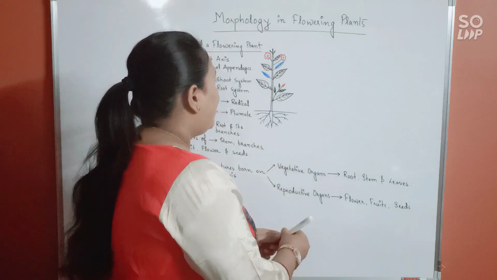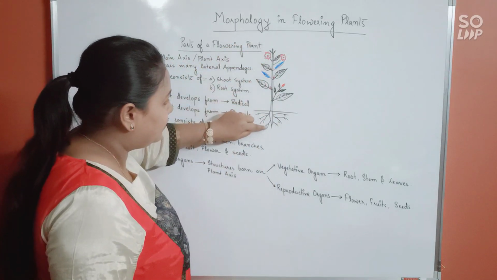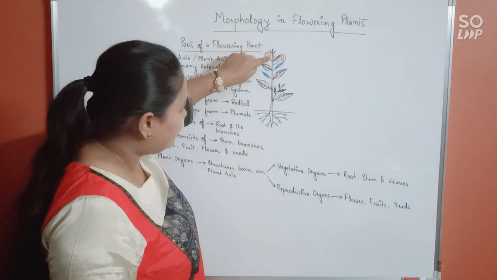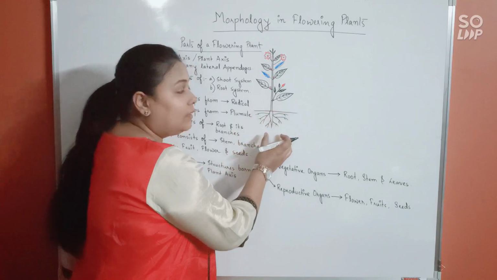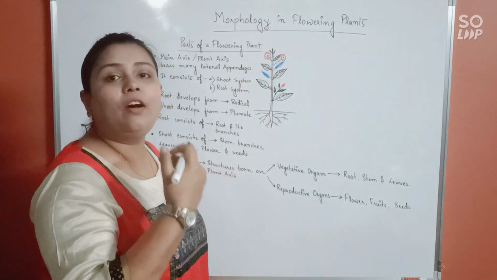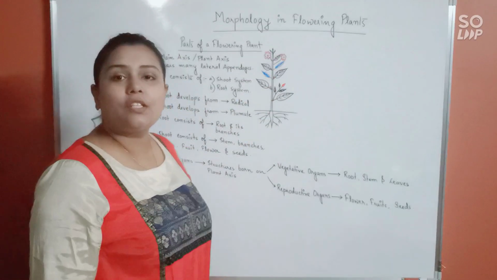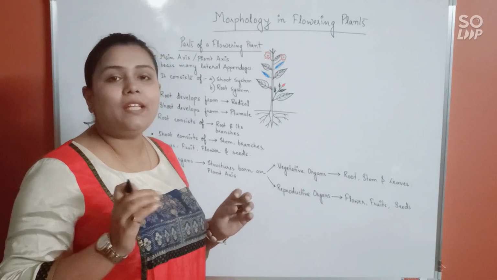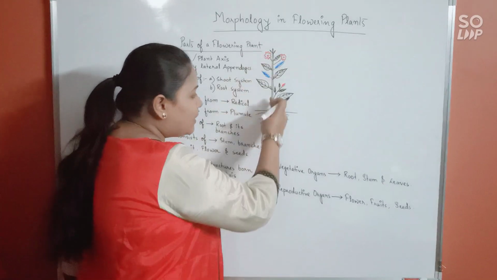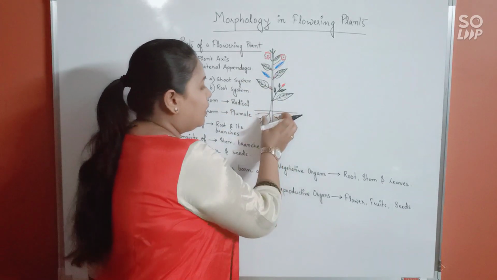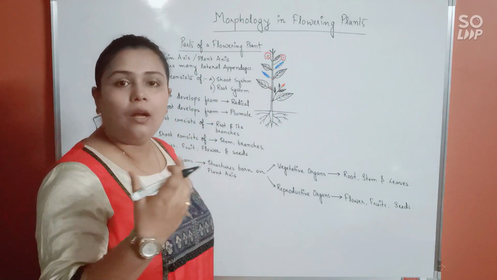Alright. See here, the plant body consists of a main axis that straightway runs throughout, right? A portion of it is inside the soil and a majority of it is above the soil, right? So this main axis of the plant body is going to bear many types of lateral appendages, alright? Now, the main axis of the plant body being inside the soil and outside, we can divide it into two major parts.